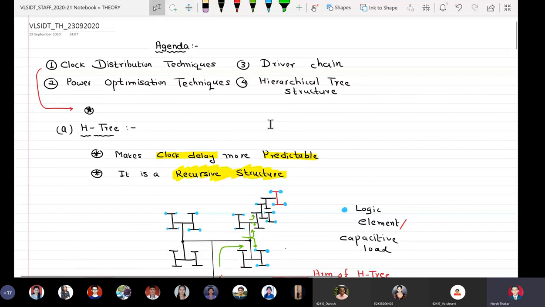Fine. So today we have covered the entire clock distribution techniques.